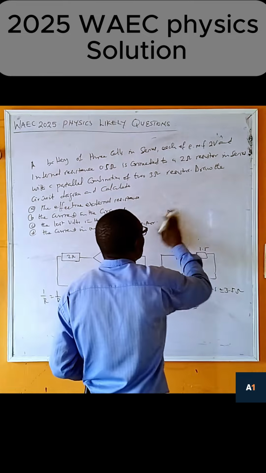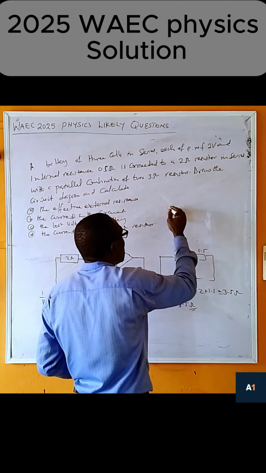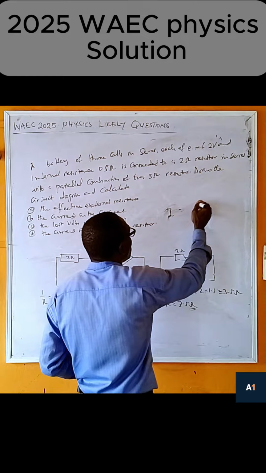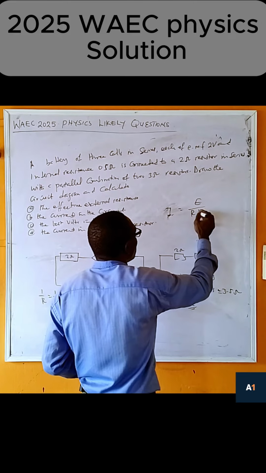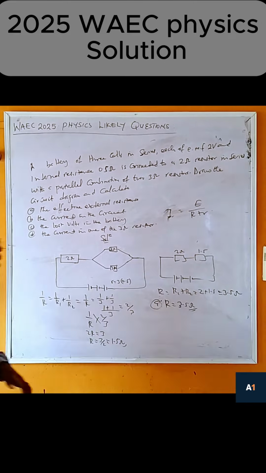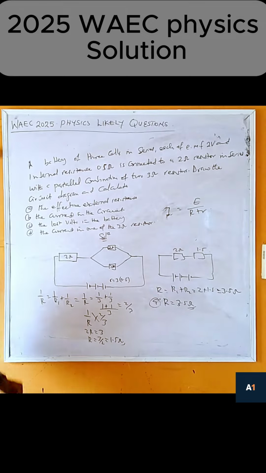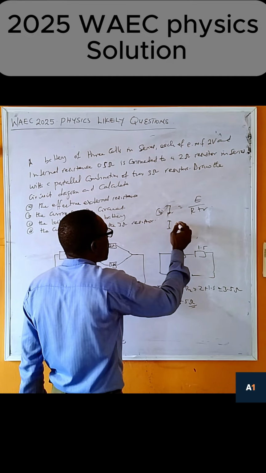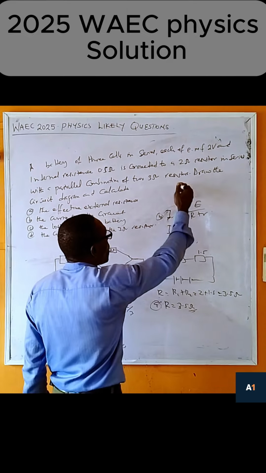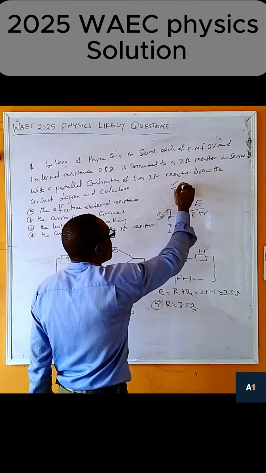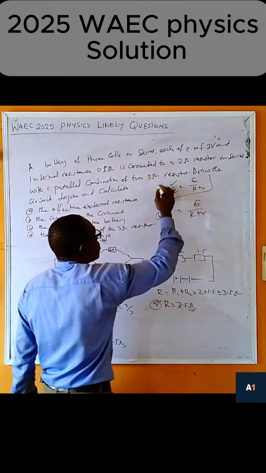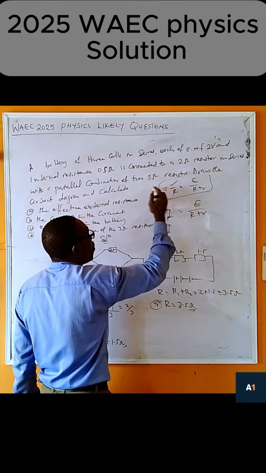So we now say I equal to E over R plus small r, to find the current in the circuit, because this one is also blocking it. So we now say that is B. Now we are solving B. I have given you this equation before, where I say V over R equal to E over R plus r. Check this one. So this is which is also I.